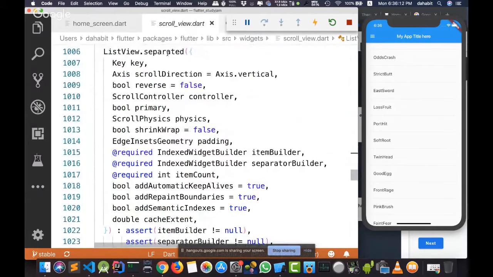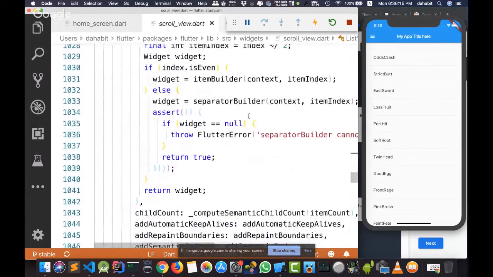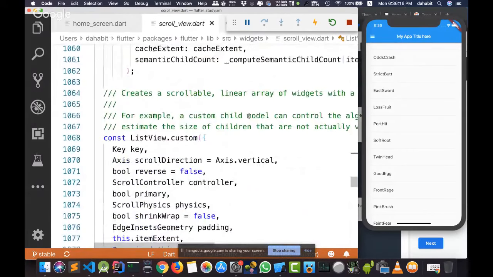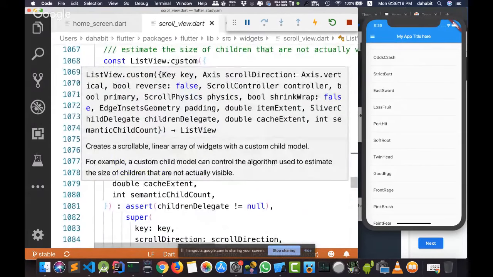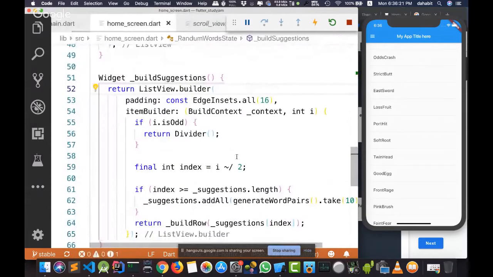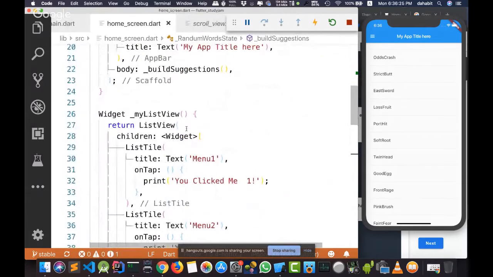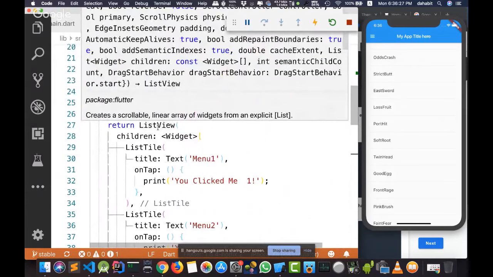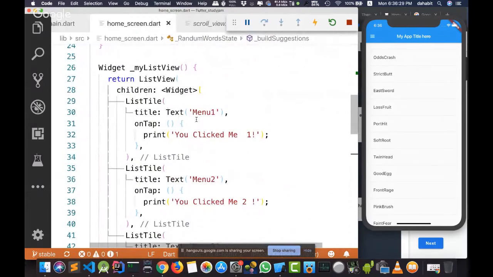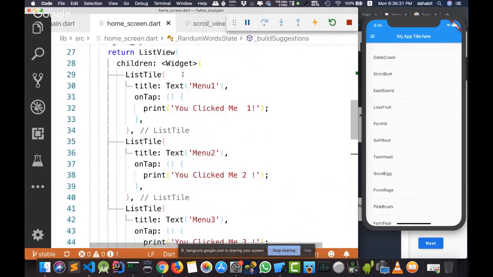There is a named constructor called list view separated, and there is another named constructor called custom. But here, if I come back to my code, the list view that I built is using the default constructor, which allows me to put some data directly inside it.